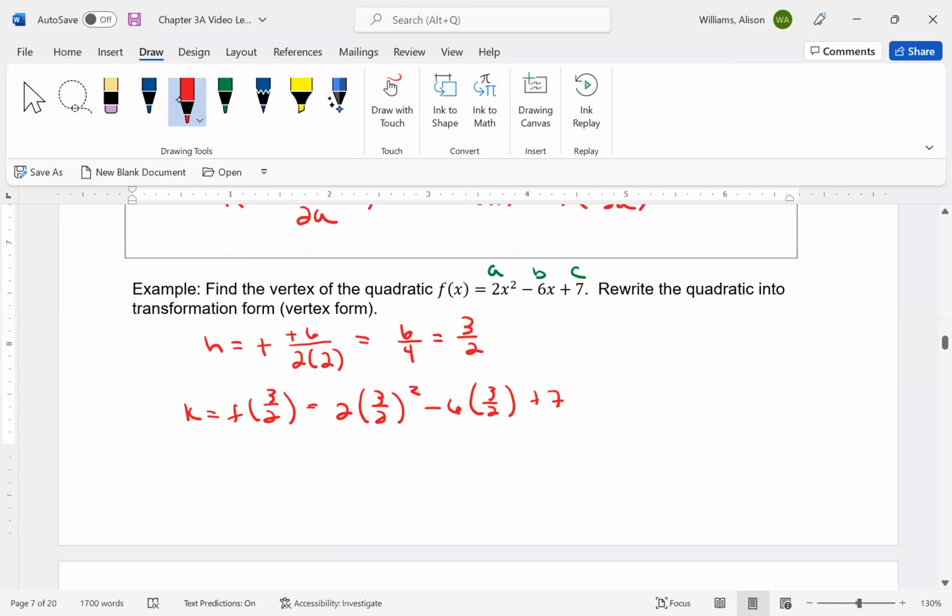But here, if I'm going to work it out all the way, this is going to be 9/4, because that's 3 times 3, 2 times 2. Let's see. This I could think of as 6 over 1, which means I'd have 18/2 or 9. Okay, so this is going to be 18 over 4, which reduces